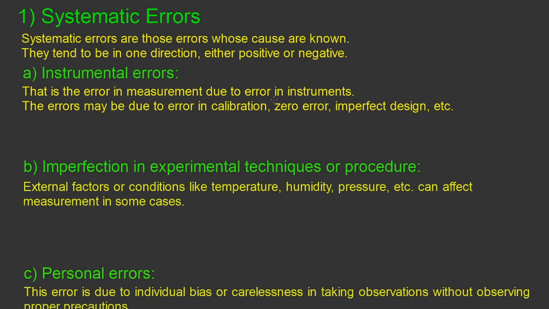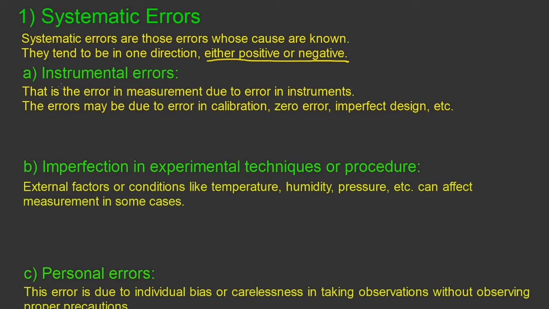First, systematic errors. Systematic errors are those errors whose causes are known. This error happens due to a reason or cause. So they tend to be in one direction, either positive or negative. Since the causes of this error are known, it can be minimized. A few causes of systematic errors are: